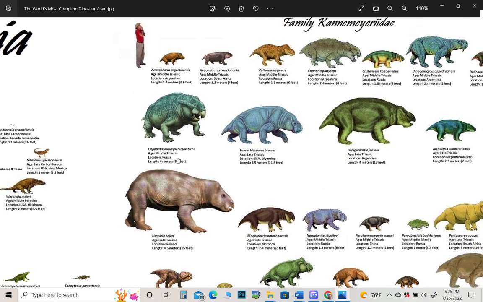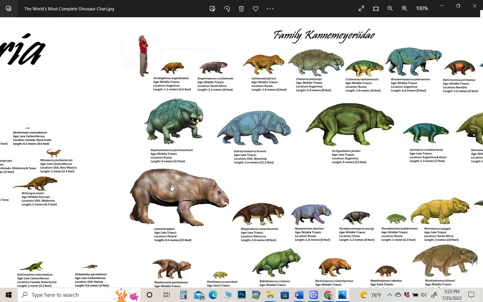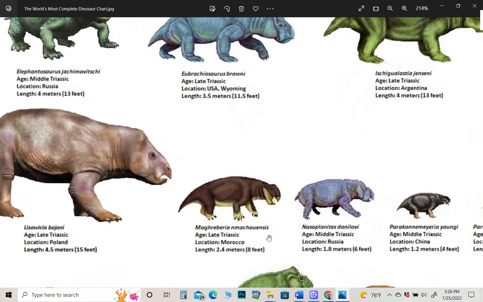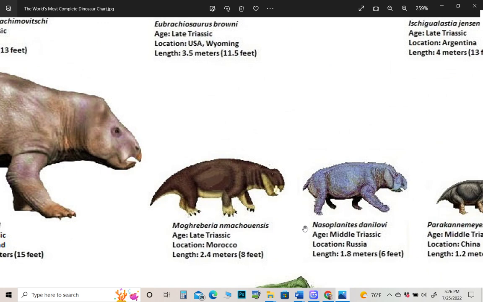I remember when this one was discovered a couple of years ago. This one was the size of a small elephant. This is a big animal. It's kind of got a small stubby tail too, like an elephant. Mugrigiberia,